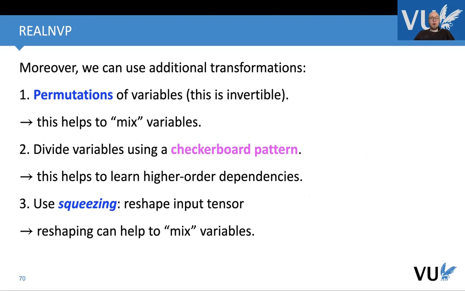All right. Moreover, to improve this transformation, we can do something more, and we can, for instance, use permutations. So what does it mean? It means that we can permute pixels as we wish, because permutation is invertible, and it helps mixing. We can also divide variables using something that is called a checkerboard pattern, right? So it's really like we use this, this, this, this, this,